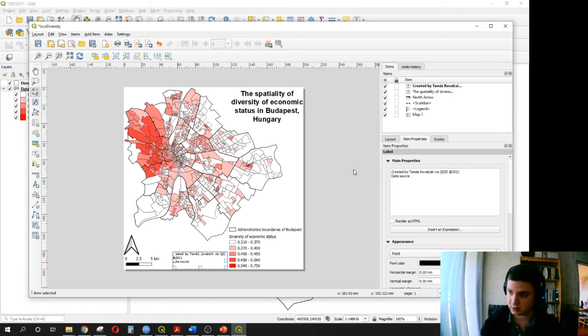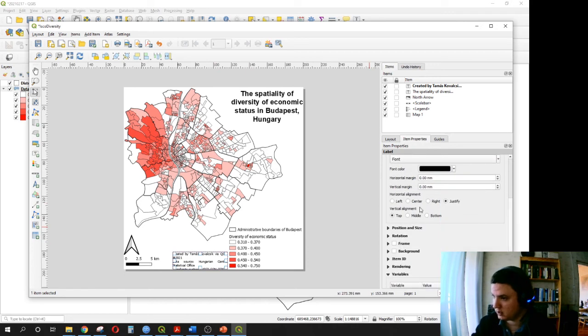Data source should be the Hungarian Central Statistical Office, yeah, and the coordinate system, HD72 EOV EPSG 23700, yeah, not justify for the left, yeah,